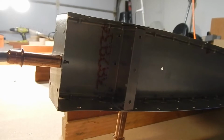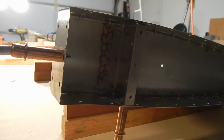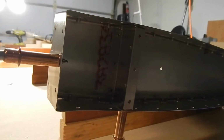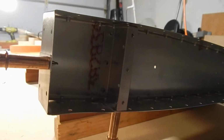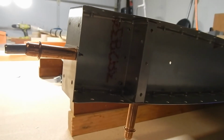I'm just about to close up the elevator tips. I'm going to make two comments that I didn't see clear in the instruction manual. These balance ribs that you put in the end of the tips form a little cubby hole, and later on you see that after the painting is done, you're going to actually put some lead weight in there to balance